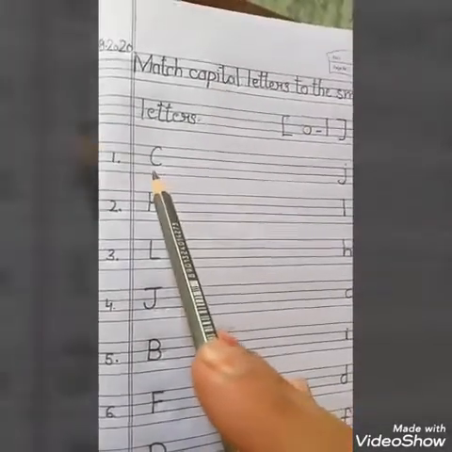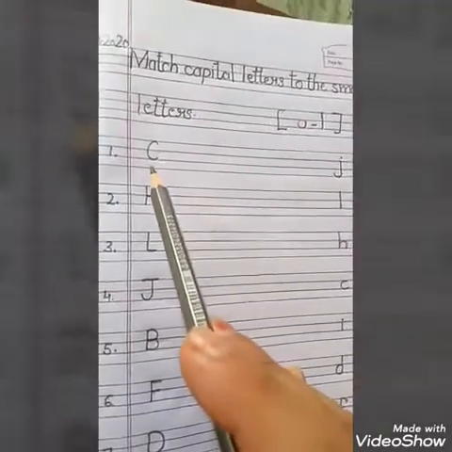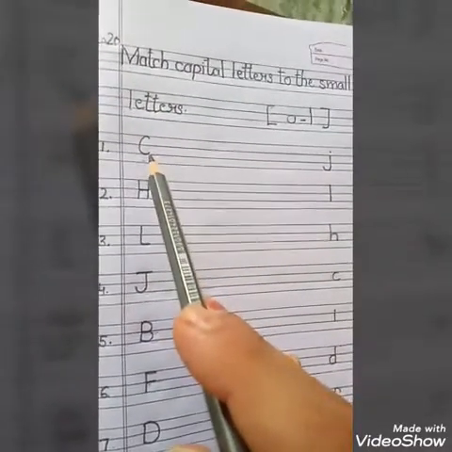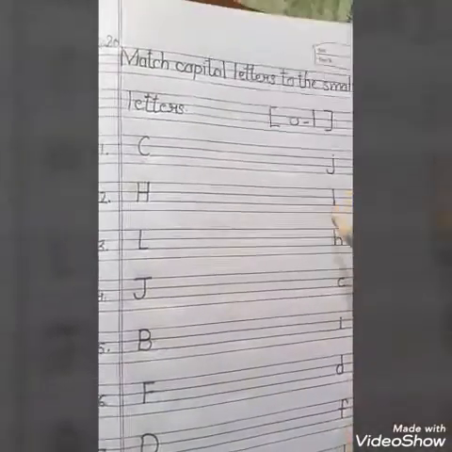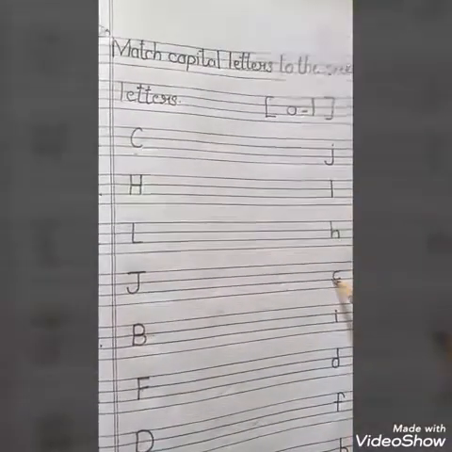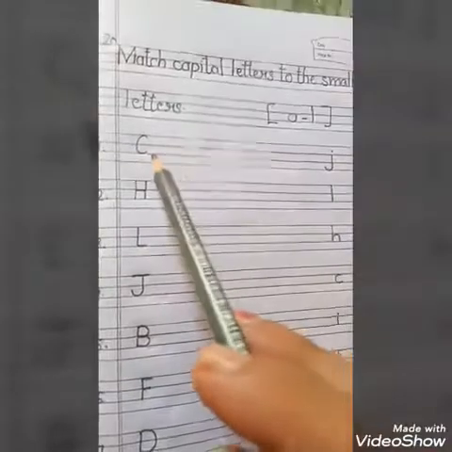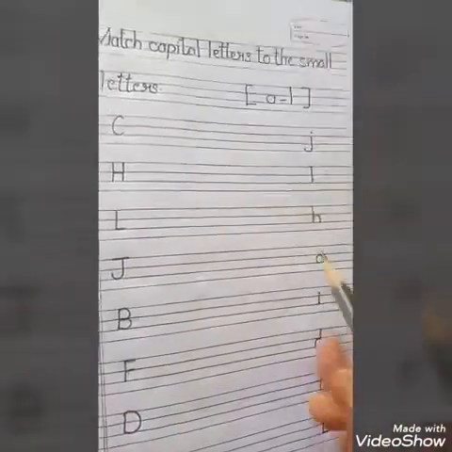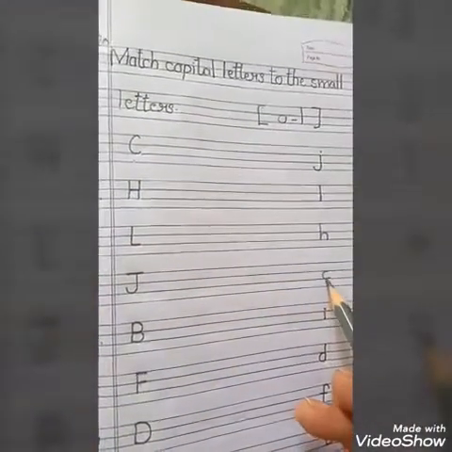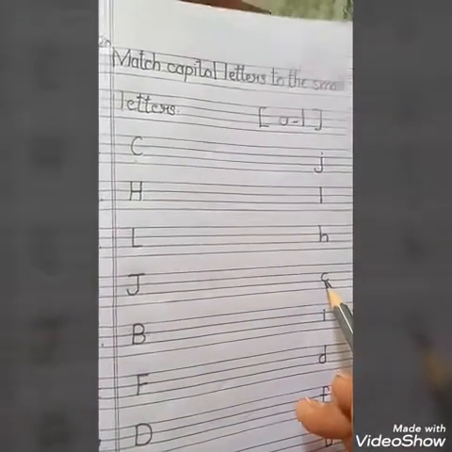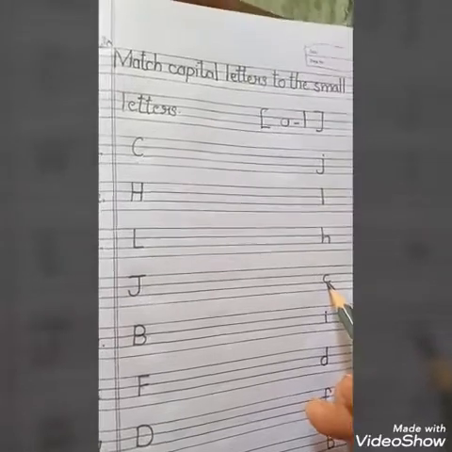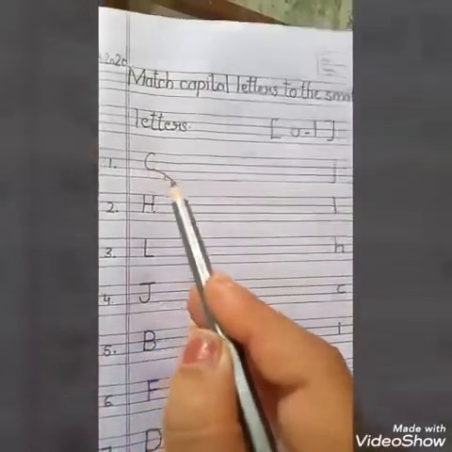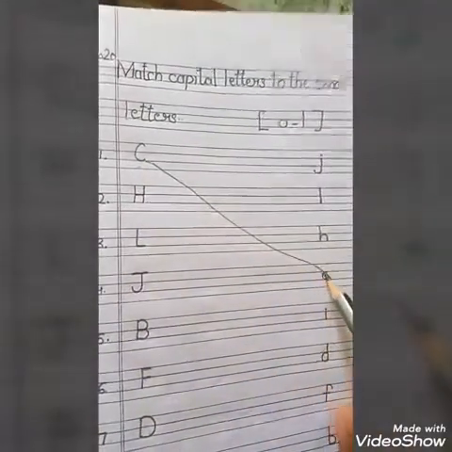First of all, look at this. It's a capital C, big C, right? Where is the small c? We will match it with the C. Here is C. It is very easy to find because both C's are same, right? But it is capital and it is small. ये बड़ी है, ये छोटी है, right? No difference at all, ना? Only big and small का difference है, right? So it is very easy to find. Match the capital C with the small c, right?